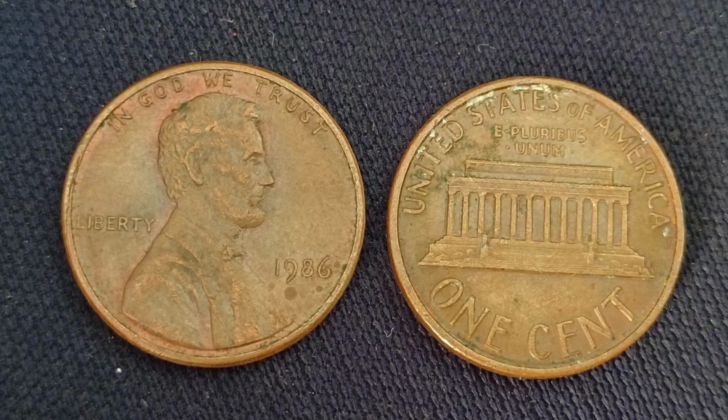And collectors are not only valuing the physical rarity, but also the story behind it, because every coin tells a story of the minting process, human oversight, machine error, and historical transition. And in 1986, the mint was producing millions of coins with great pressure to meet circulation demand, so quality control was not perfect, which left opportunities for rare mistakes to occur. And those mistakes, instead of being discarded, sometimes escaped into circulation, blending into everyday pocket change until decades later when